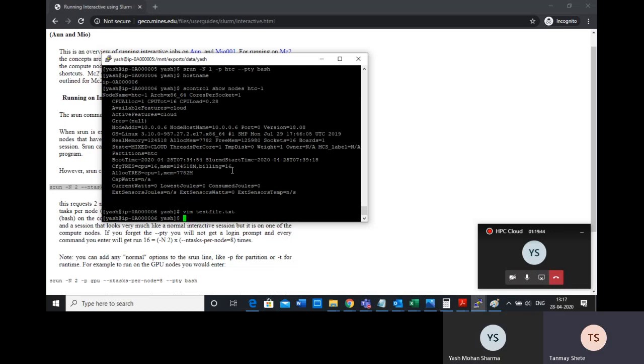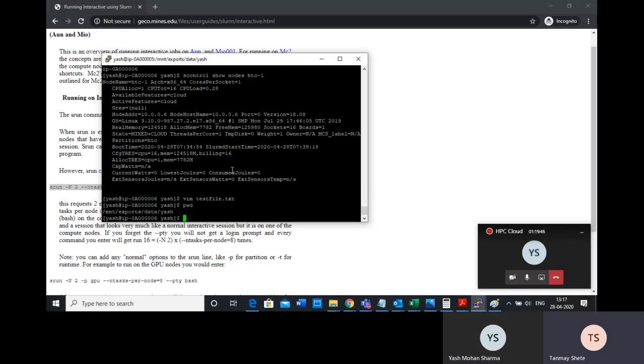So I did that, and now you can see interestingly, it is the same folder, /mnt/export/data.